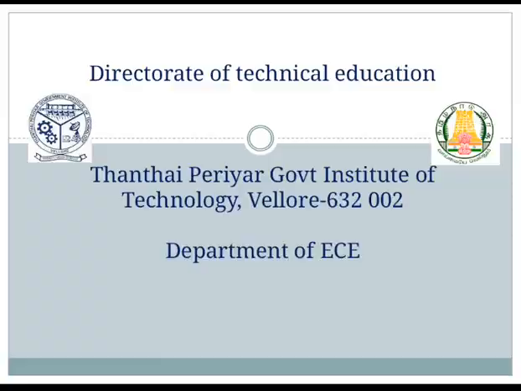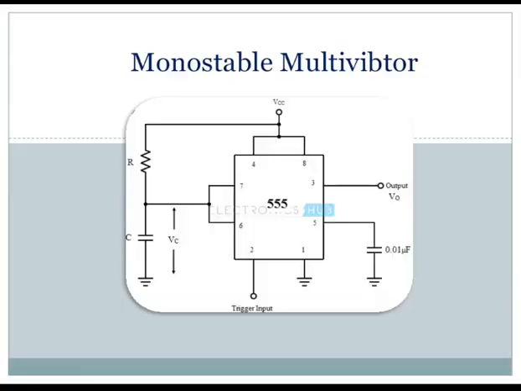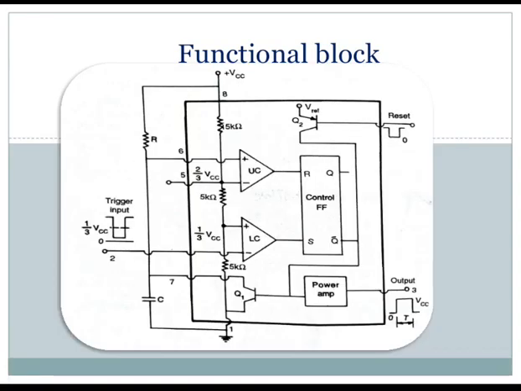By entering into the operation, initially we see a simple block diagram of the monostable multivibrator, and it is designed with the help of external parameters R and C. With the help of external parameters R and C, we're going to calculate the time delay in this operation. The basic functional block diagram of the monostable multivibrator has various functional blocks. They are the comparators, like the upper and lower comparator, one flip-flop, two different types of transistors, and one power amplifier. The power amplifier is normally an inverter.